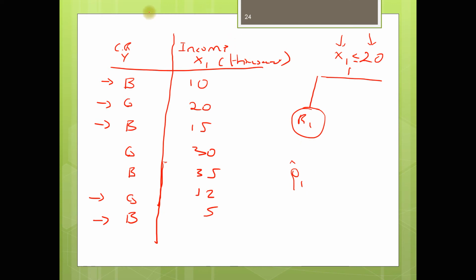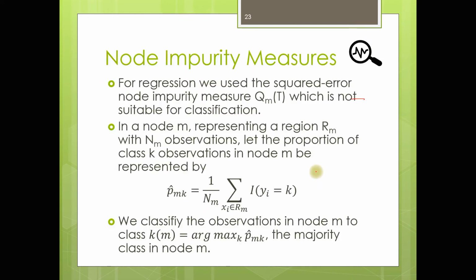Let's suppose k equal to 1 represents bad, and k equal to 2 represents good. So if I say pickup 1, 1, we get back to this formula. Pickup 1, the region 1, and class 1, that is bad, is equal